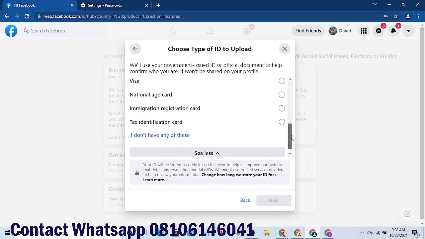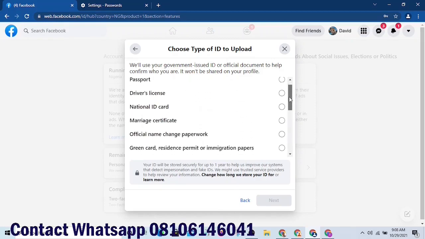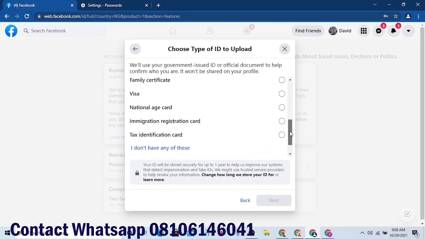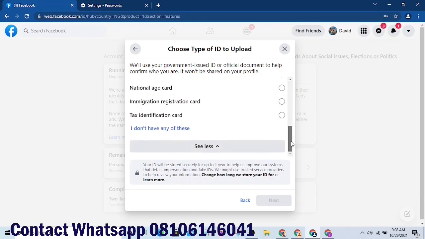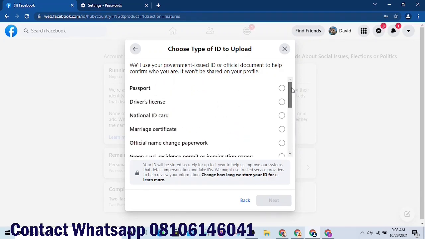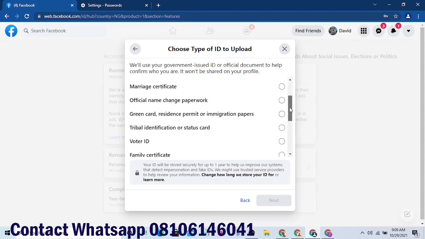There are so many of them here. So you are going to choose the one you have. And before you choose the one you have, make sure you have snapped that passport